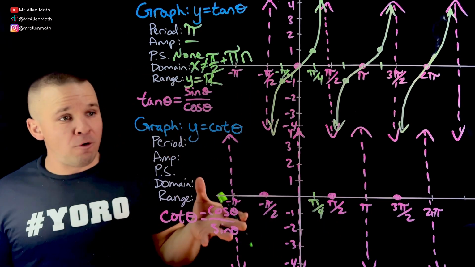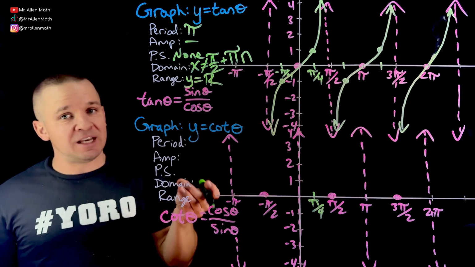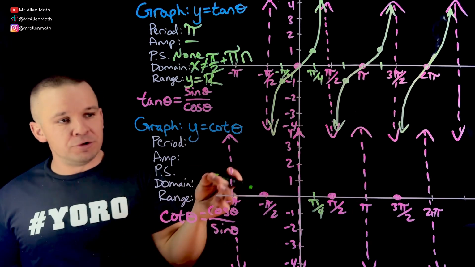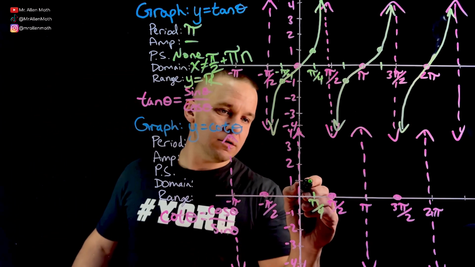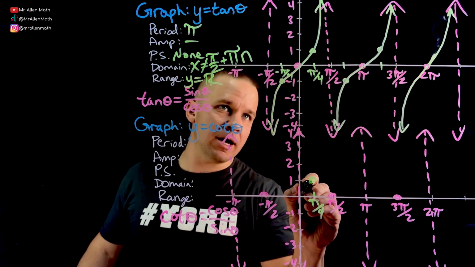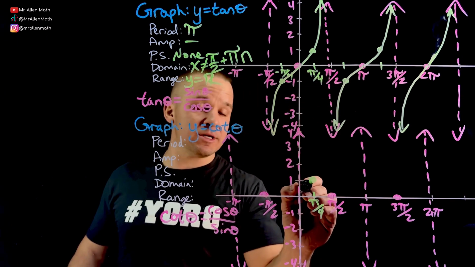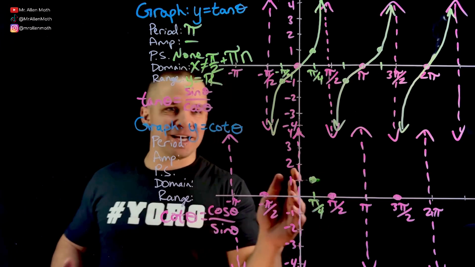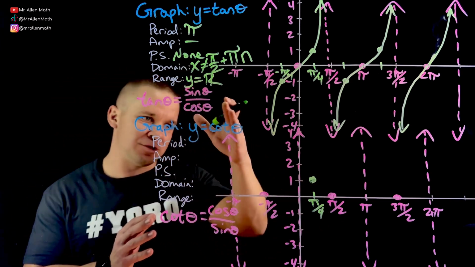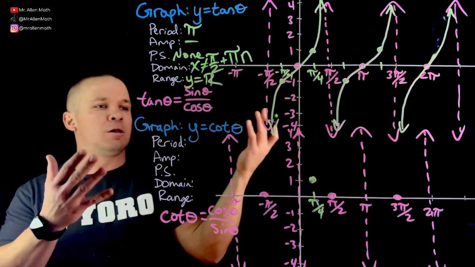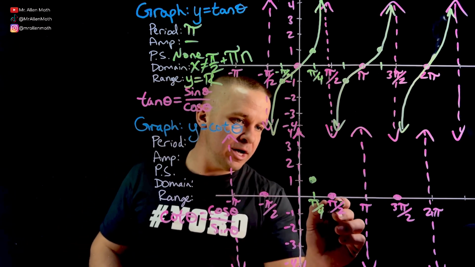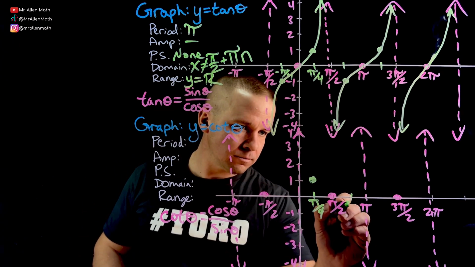Now, pi over 4, cosine and sine have the same value. It's root 2 over 2 and root 2 over 2, which is 1. So my point is still right up here, right? That value is the same here as it was here. But it's on like the left side of the graph instead of the right side. So we're going to have a different kind of S shape or squiggle or whatever you want to call it, right? And over here for 3 pi over 4,